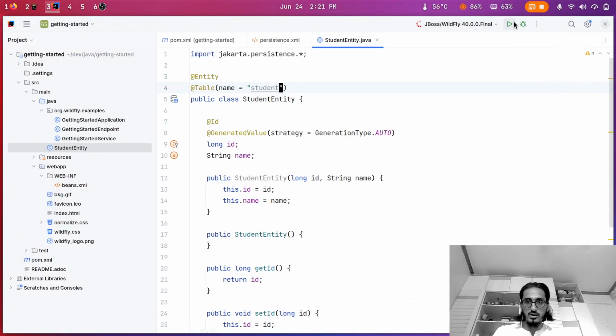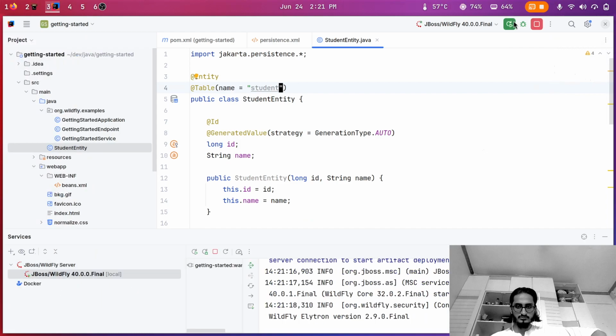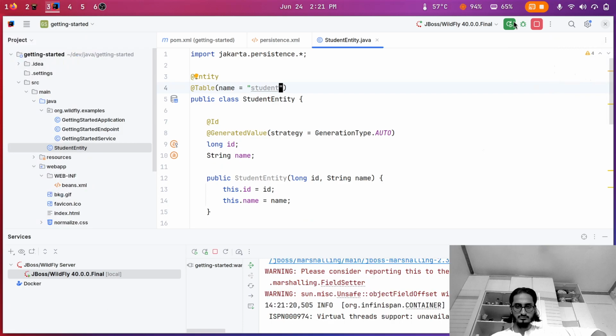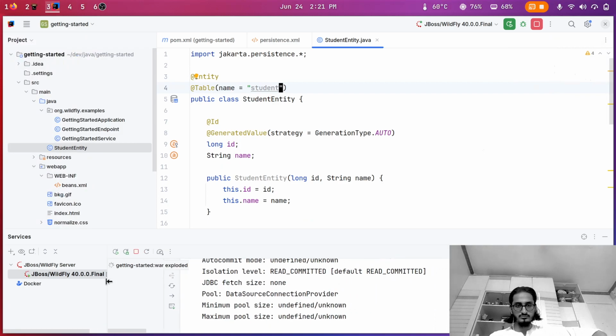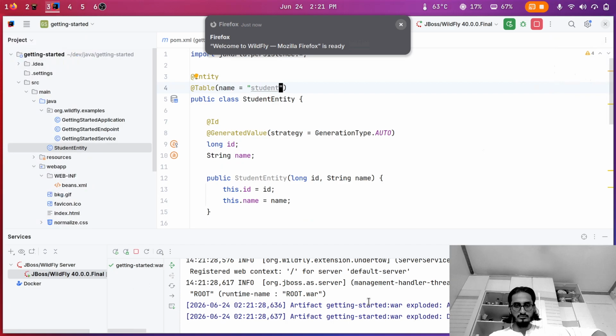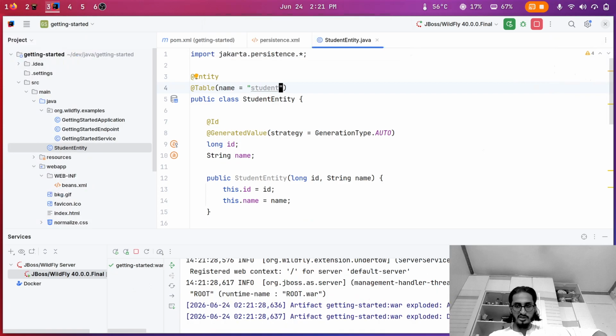Okay, and run this. So basically everything has started,